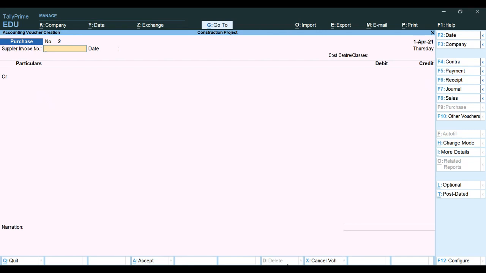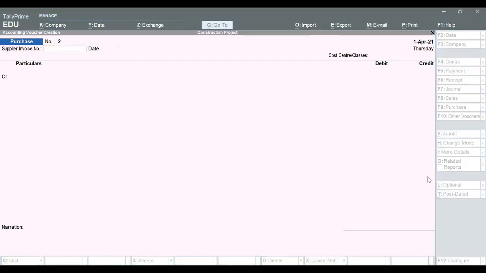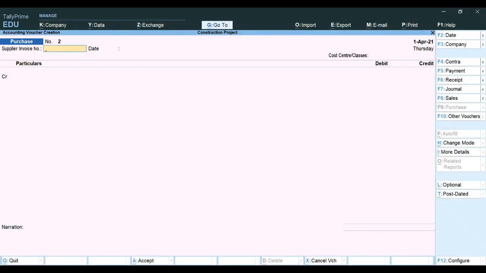So we have completed our first PPT, I mean first slide. That is, the first transaction has been made. Now come to the next part, that is purchase details. It's a huge one. So now let's start with 2nd April, purchase bricks from Hira Bricks. So I have to change the date, F2